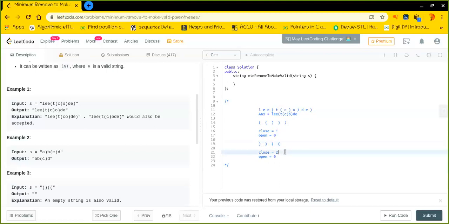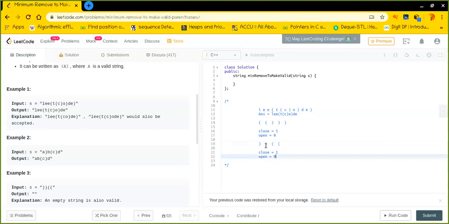All right, by decreasing its value. Why do we need to decrease its value? Because we had two total closing brackets, but we just hit one closing bracket. That is why we need to reduce this particular thing. We cannot reduce open because it is already 0.